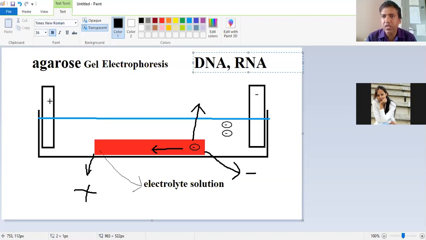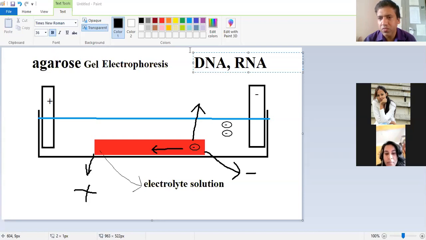These two things are mainly used for separation, but generally the RNA is mainly separated in SDS page. I mean not SDS, it's simply the RNA page. So we will discuss it in the next class. So now we'll discuss agarose gel electrophoresis. It is mainly used for separation of DNA, and it is not commonly used for separation of RNA. So for RNA, we use the RNA page.